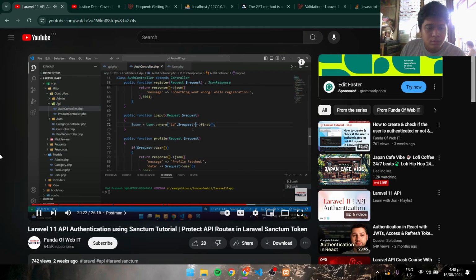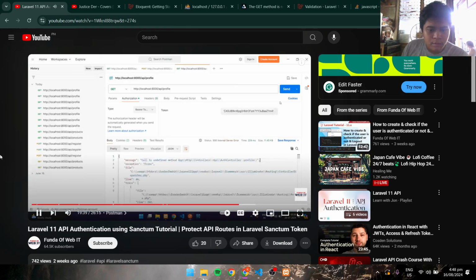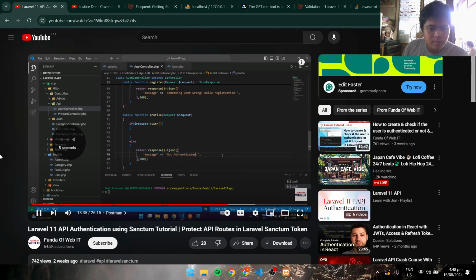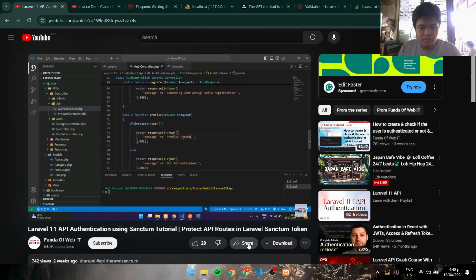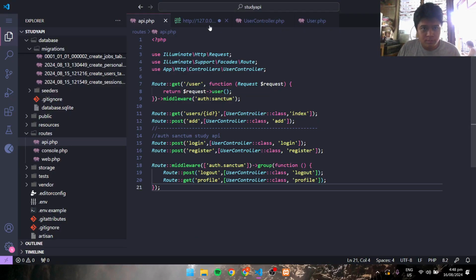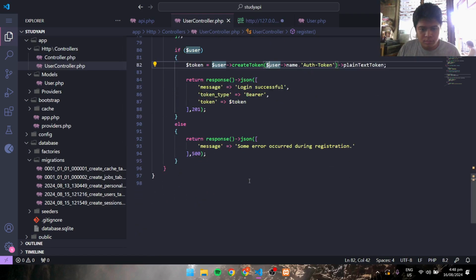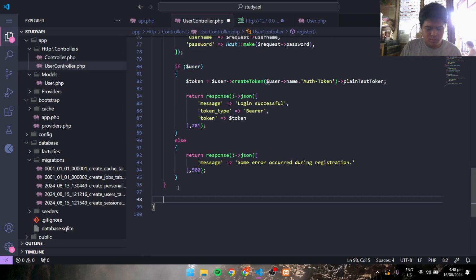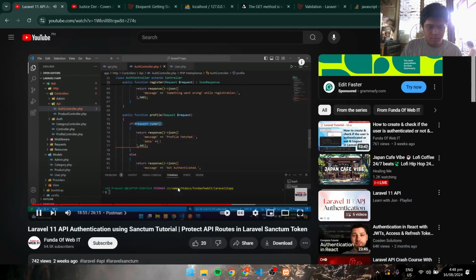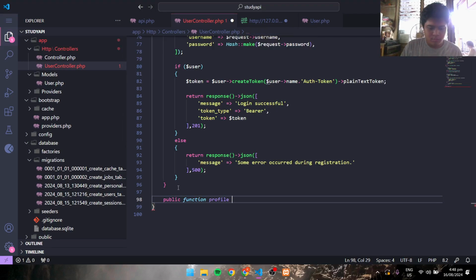Okay, authenticate with the function and fetch and send the data of the logged in user. So you can just copy this, paste here. I mean dollar profile